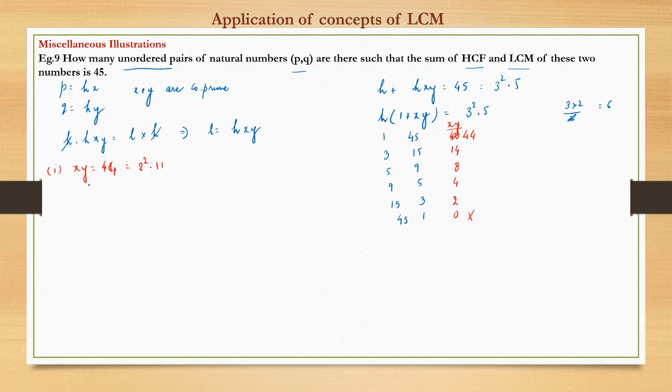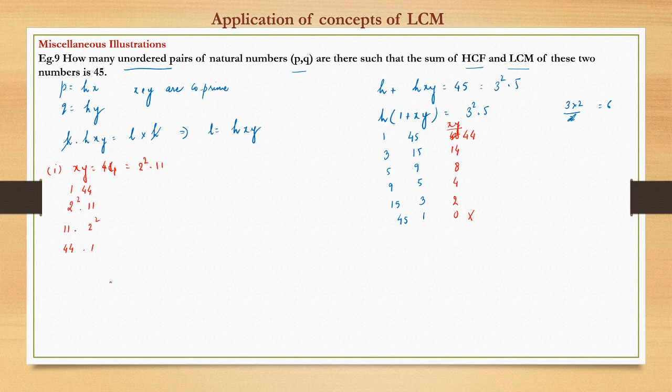So now the question boils down to the number of ways in which we can write a number as a product of two co-prime factors. So what is that? That we have studied again in the factors chapter. That we can write as 2 raised to power n minus 1, where n is nothing but the number of prime factors. Or simply, just for the sake of here, I write x can take a value of 1, y will take 44, or x will take 2 square, y will take 11, x will take 11, y will take 2 square, x will take 44, y will take 1. These are 4 cases, right?